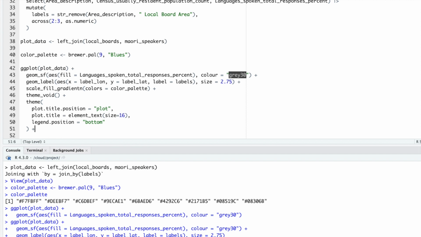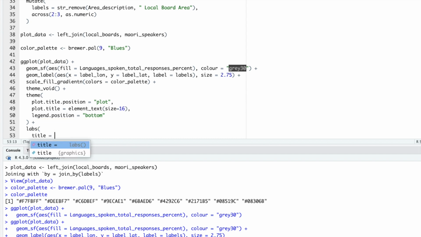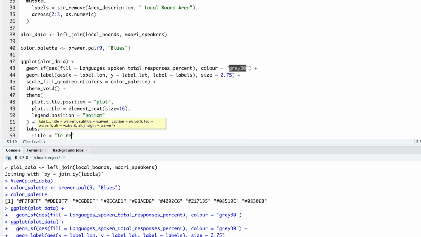Let's just continue here now and add in the titles. So we're going to pass labs for labels, and so our title. I'm going to say Te Reo Māori speakers are mostly concentrated in Tāmaki, and then here I'm going to add \n to add a new line, because I know from having written this title before that it is at this point that I need a new line so that it doesn't run over or off the right hand side. Tāmaki Makaurau's